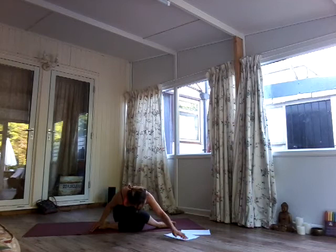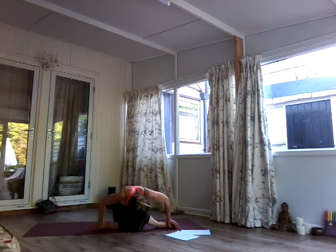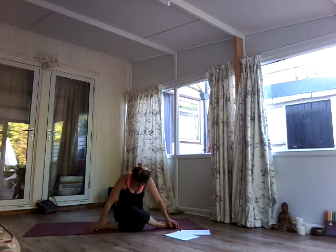Forward we go. Inhale. Exhale, forwards and down, forwards and down, keep it going, 2, 3, 4, 5, very slowly come back up, take that left arm over the top,